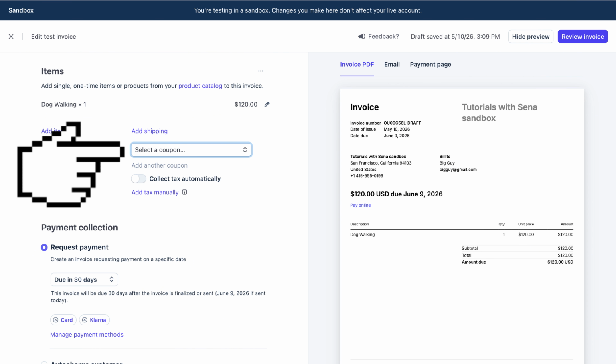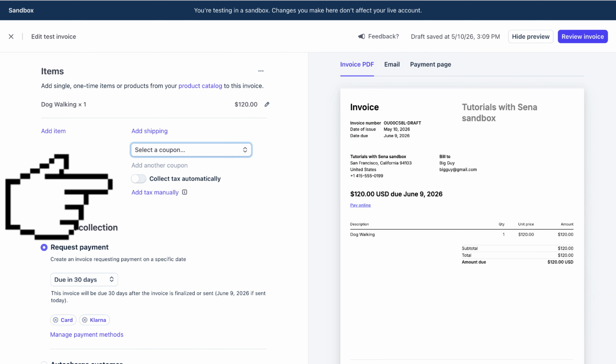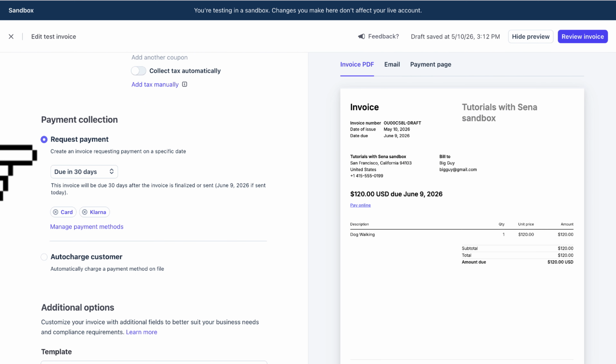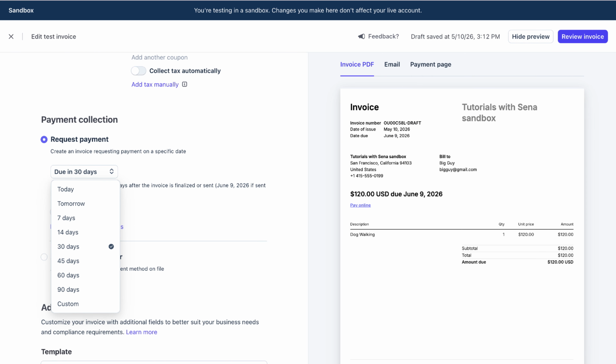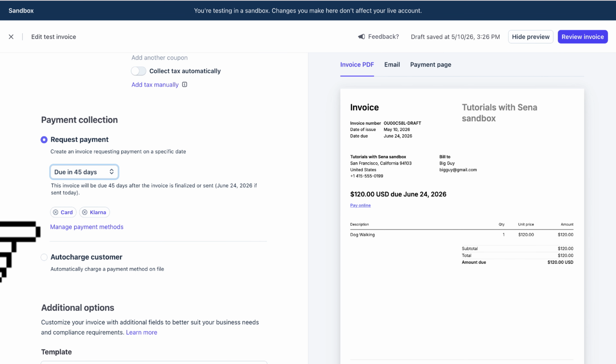After that, you may select a coupon to use and also collect tax automatically. At the payment collection, you may choose to request a payment to create an invoice. And also, you get to decide when is the last date your customer can pay your invoices, starting from the time the invoices was sent to them. Whether you only give them a day, so the last date is tomorrow, a week, a month, and so forth. And after you are done, hit the Manage Payment Methods option over here